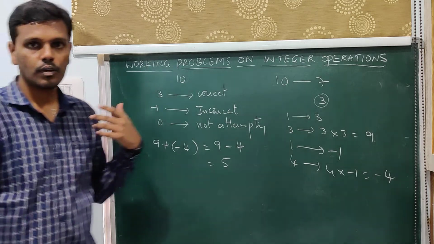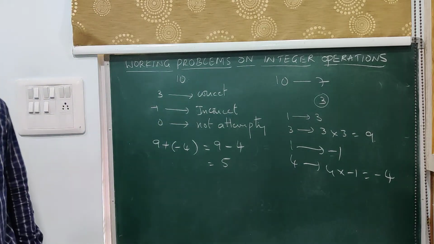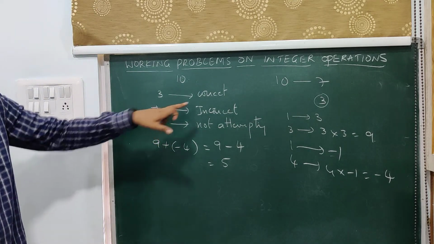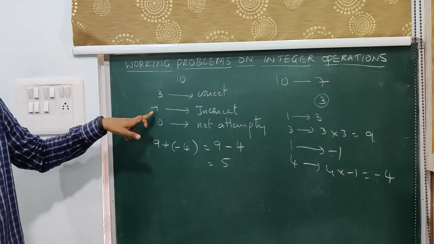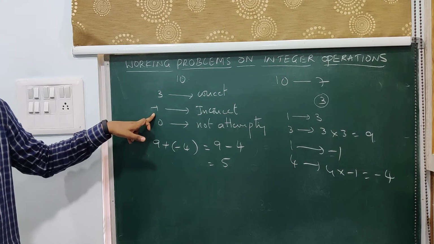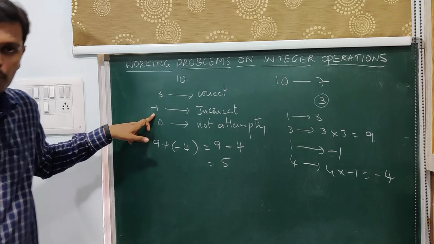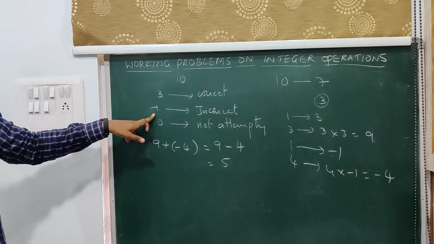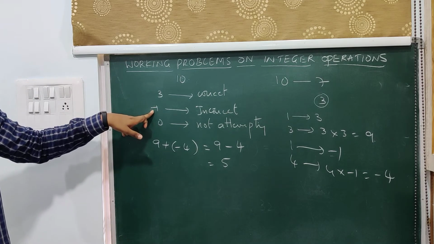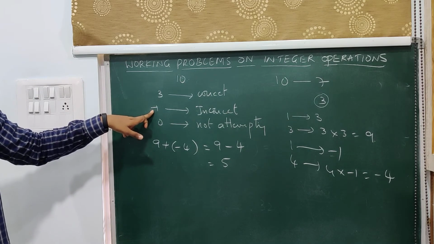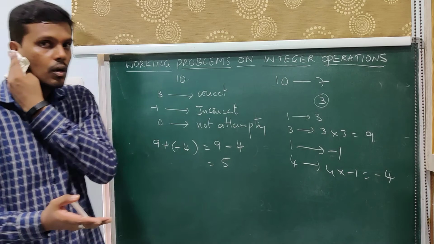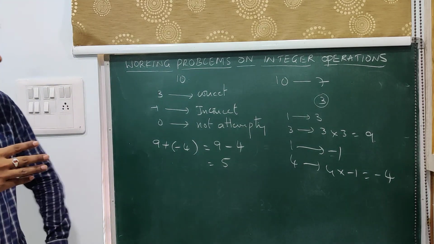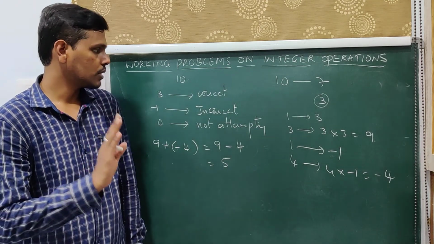So basically, instead of looking into addition or subtraction in that manner, think of the situation here. Correct, she is getting 3 marks. Incorrect, she is getting minus 1 mark. Instead of saying that she is losing 1 mark, here we put that minus sign that indicates that she is losing. So that sign represents that particular situation, whether it is a gain or a loss, whether it is losing or gaining. Such kind of case.